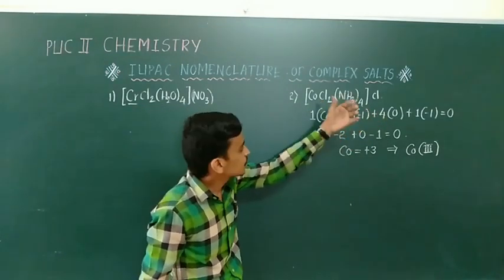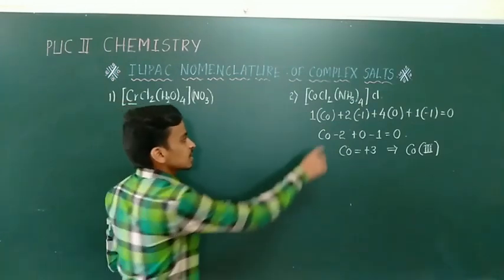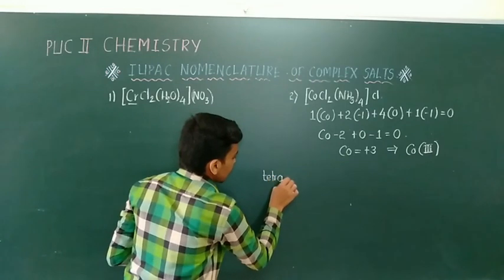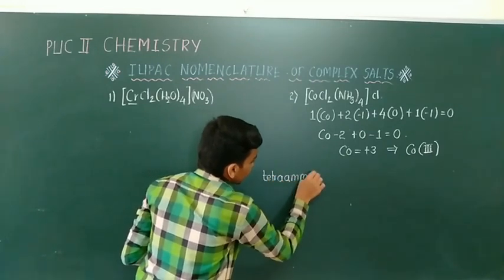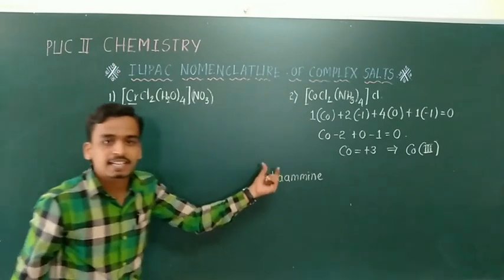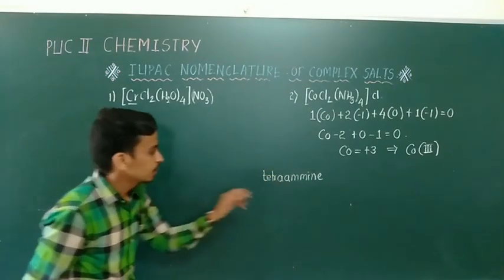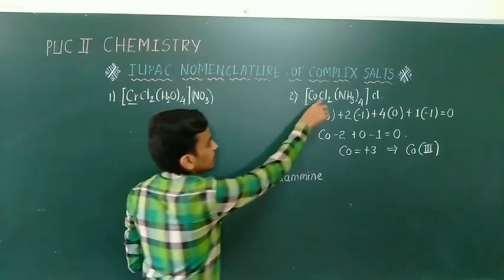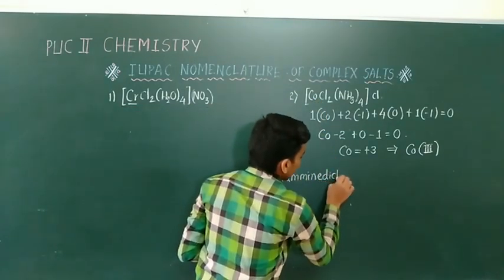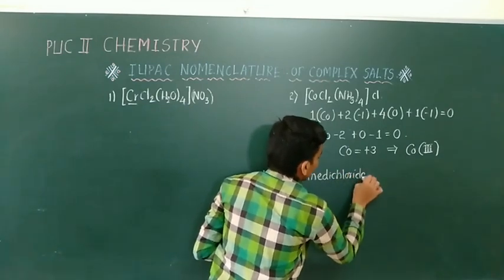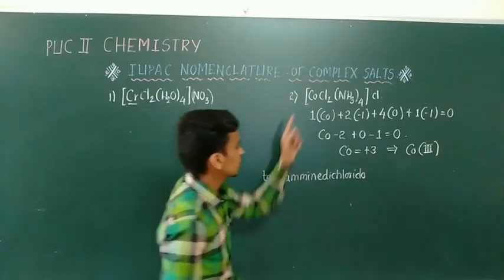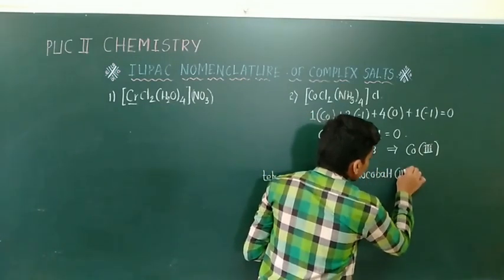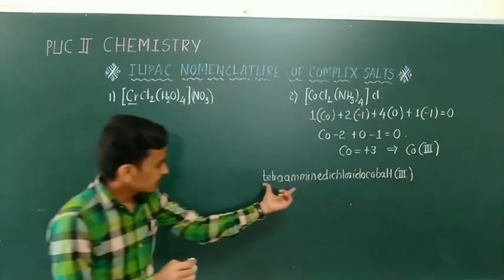Therefore which one is written first? Ammine is written first along with this number. How many ammine? That is 4. Therefore right here tetraammine. Observe the ammine spelling carefully: AMMINE, that is the IUPAC rule. Not a single M here. AMMINE, that is tetraammine. And chlorine how many? 2. Therefore dichlorido, tetraammine dichlorido, and what is remaining? Cobalt. Therefore cobalt and its charge is 3 and it is the completion of this complex part.